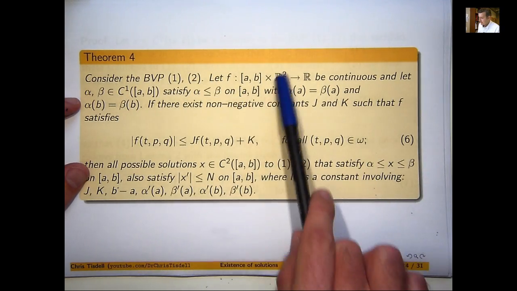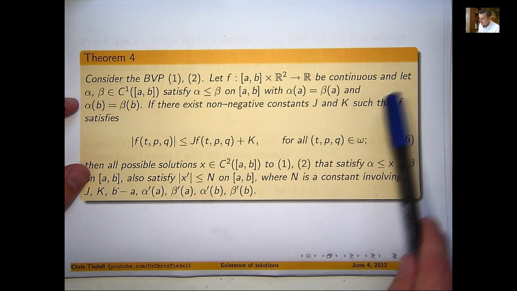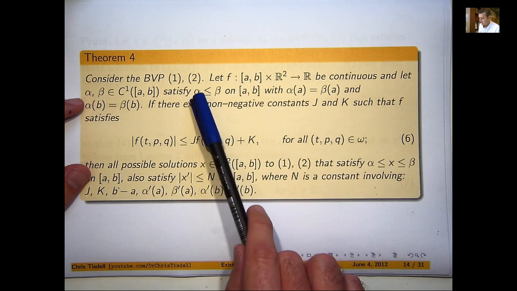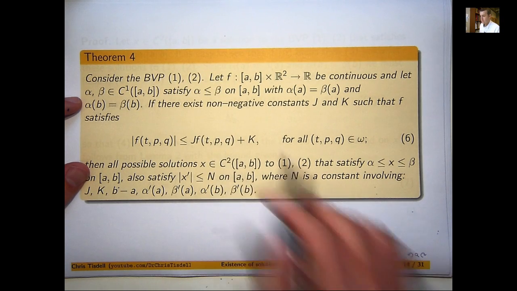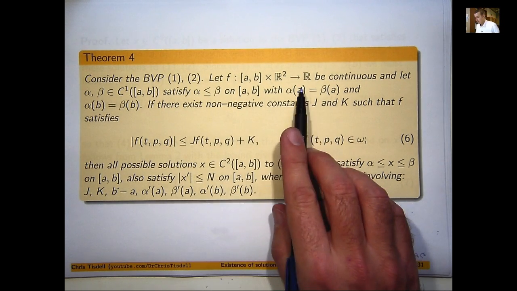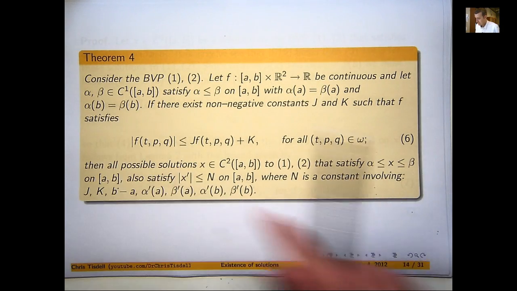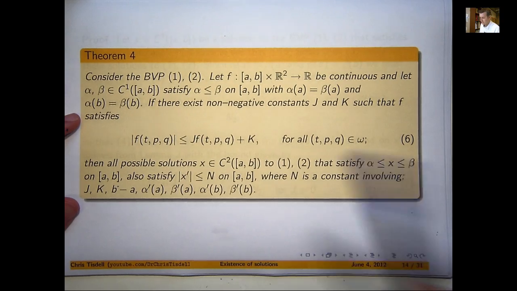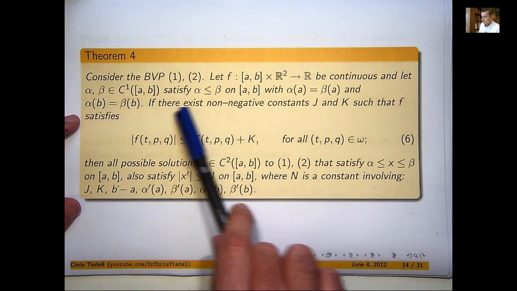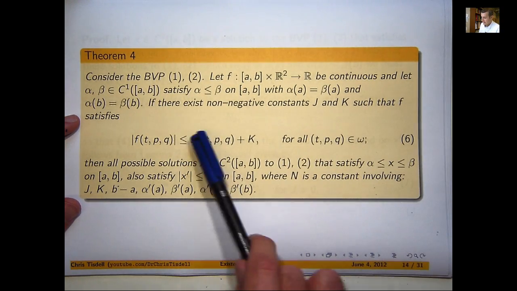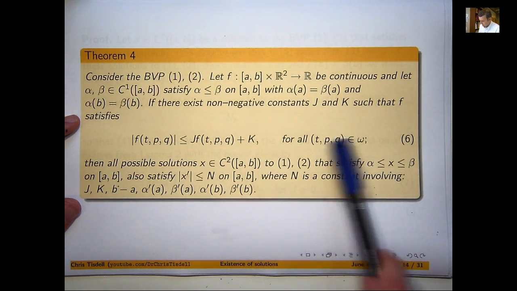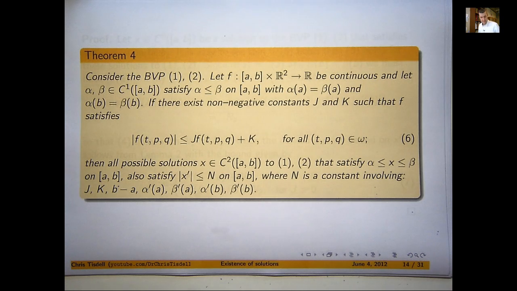Let f be defined on this set and continuous on that set, and let alpha and beta be C1 functions on this interval that are well ordered, alpha is less than or equal to beta on that interval, with alpha and beta pinching together at the endpoints of the interval. Furthermore, if there exist non-negative constants j and k such that f satisfies this inequality on the set omega, then